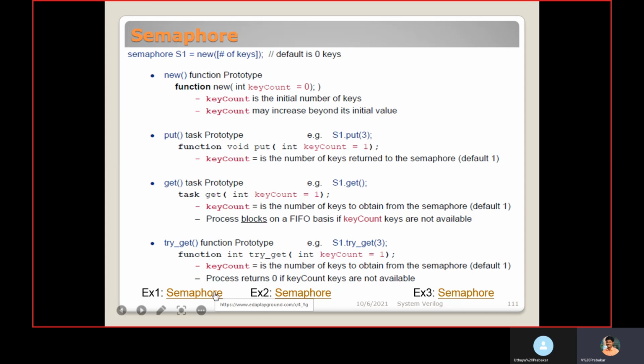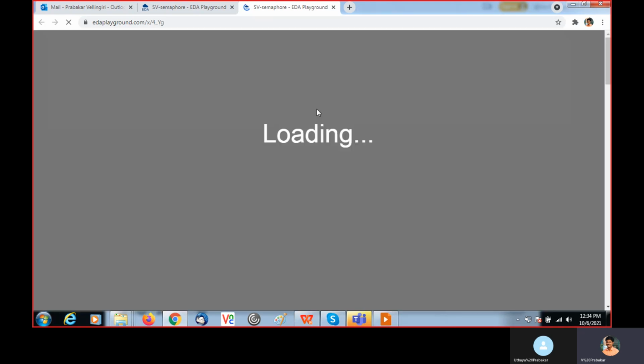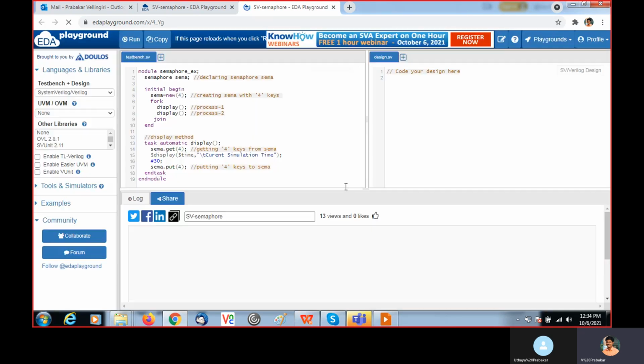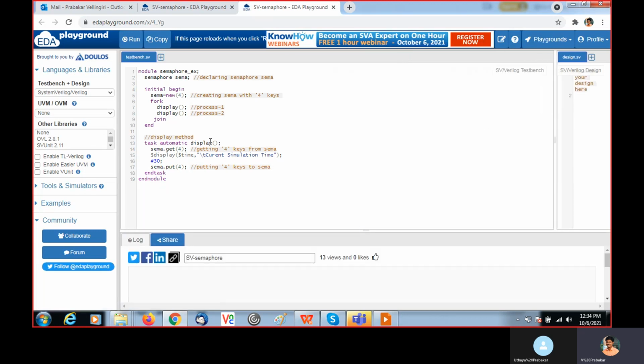We are seeing the examples for the semaphores. In this example, semaphore example is the module name.